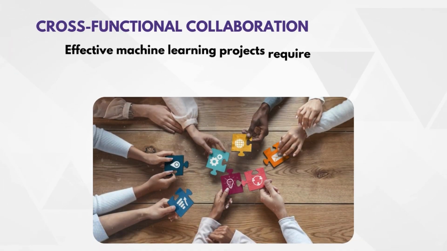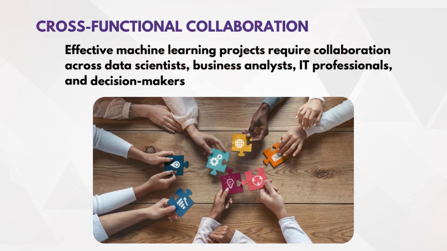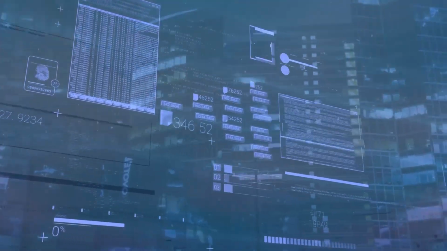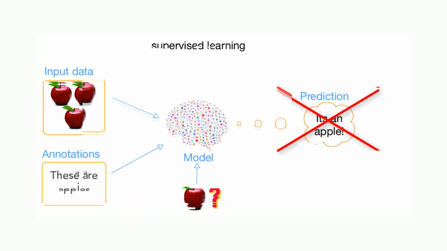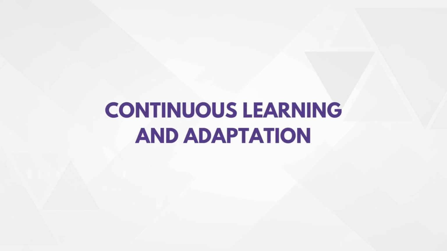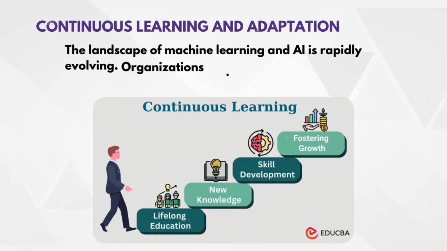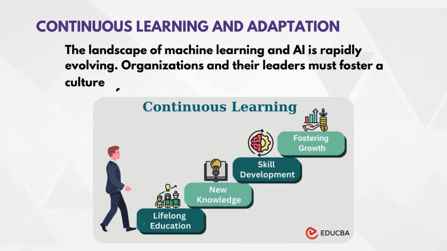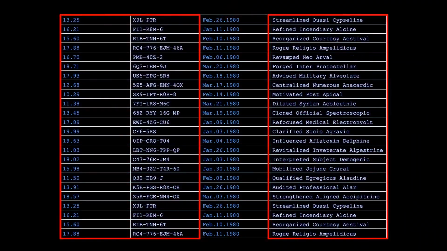Cross-functional collaboration. Effective machine learning projects require collaboration across data scientists, business analysts, AI professionals, and decision-makers. Establishing cross-functional teams helps ensure that models are not only technically sound, but also address key business challenges and opportunities. Continuous learning and adaptation. The landscape of machine learning and AI is rapidly evolving. Organizations and their leaders must foster a culture of continuous learning and innovation, staying abreast of emerging technologies and methodologies